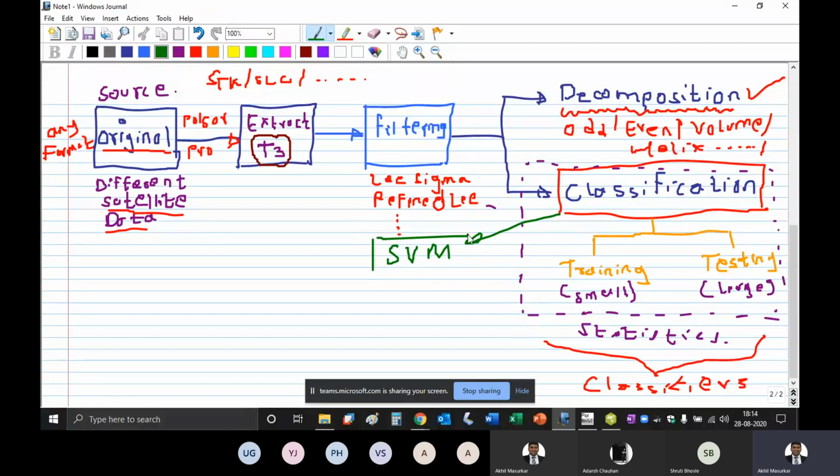It is a very well-known classifier, and it is called support vector machine. So to the classifier, you have to give training data and you have to give testing data.